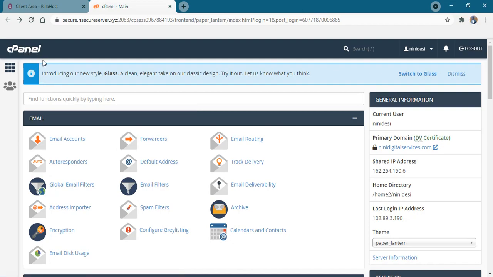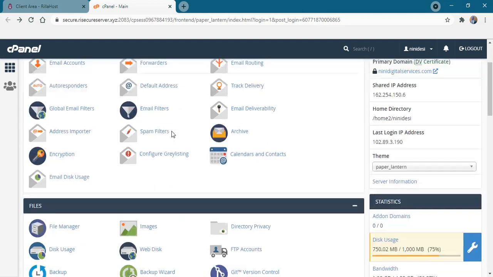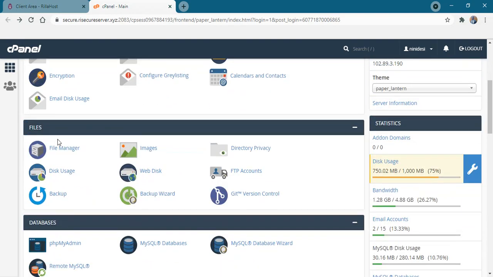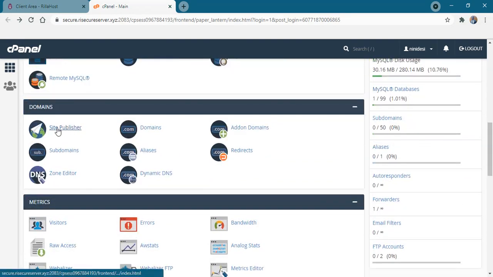Once you are here, your first area is email, so you go all the way down, and you see files, databases, and then under domains, we have something called subdomains. This is our place of interest.